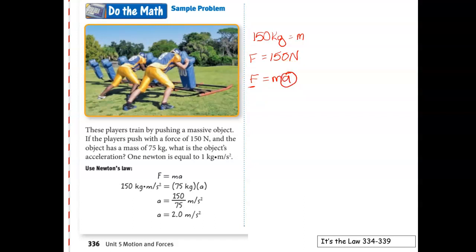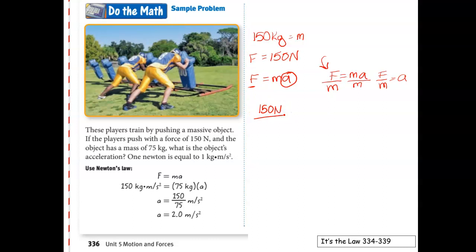And so to get A on the side of the equation all by itself, if you remember from your math class, you're going to divide both sides by M, and we end up with F divided by M equals A. So you have to show where you manipulated the problem for the variable that we want to solve for. So the force is 150 newtons